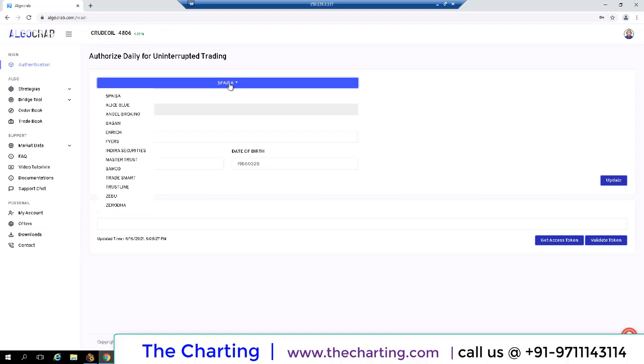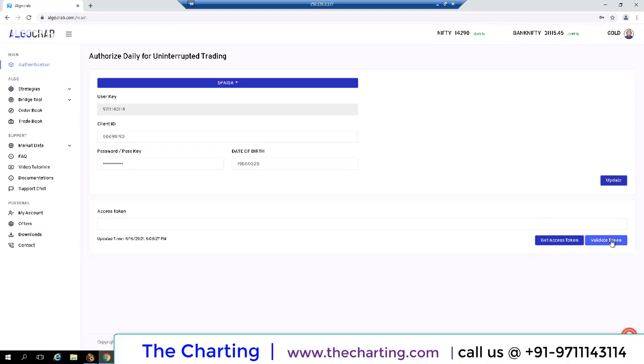Because we are using 5paisa today, I select 5paisa and fill my details: my client ID, my password and my date of birth, and click update. Then we need to click get access token, then click validate token. Once you click validate token, you see the message access token valid.